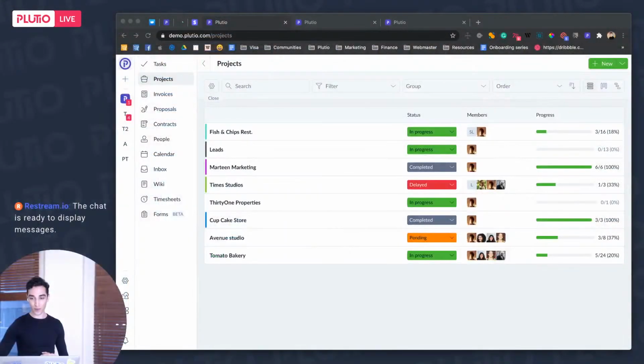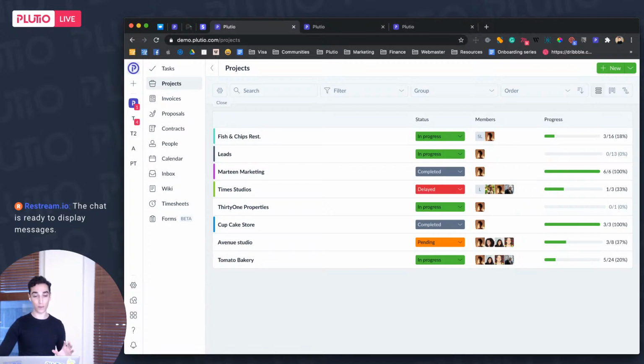So let me show you what we've been working on and what we've just released. You will have access to these features right now. We've just released them about half an hour ago. I'm now going to share my screen and take you through all the new updates. Okay, we will start first with the customizable